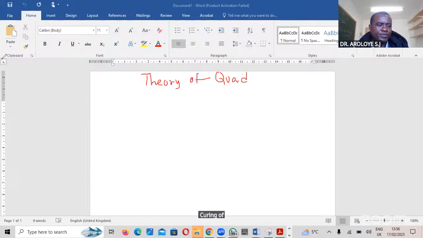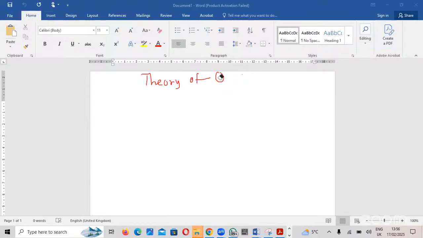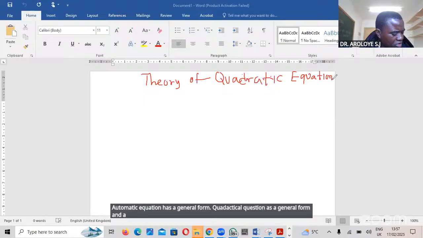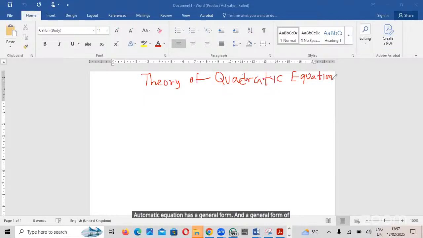Theory of a quadratic equation. A quadratic equation has a general form, and the general form of the quadratic equation is